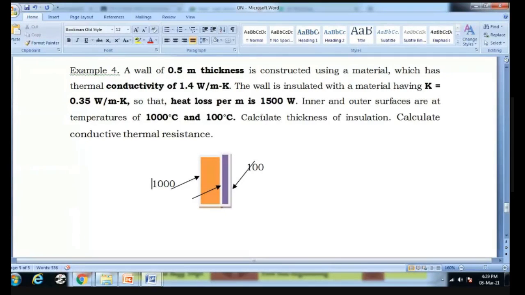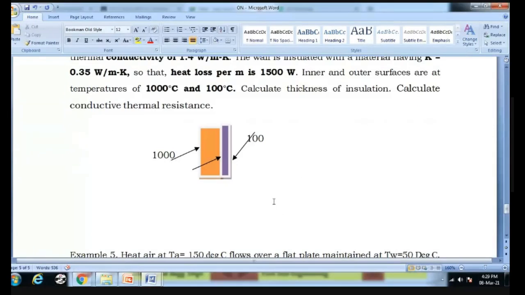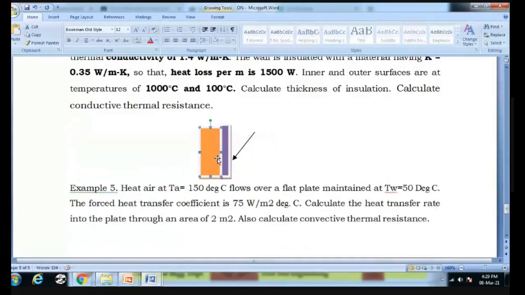And what is asked? Calculate thickness of insulation. Insulation जो है उसका thickness पूछा है, जब तक जो कि wall का हमको पता है, 5.5 मीटर wall का thickness है. Insulation का पूछा है जो पता नहीं है, और calculate conductive thermal resistance. ठीक है, मे बी इंसुलेशन का ही होगा. ठीक है, तो अभी ये निकालना है, अभी क्या करेंगे? ठीक है, सो नाउ I will erase this and then we will have your Excel.